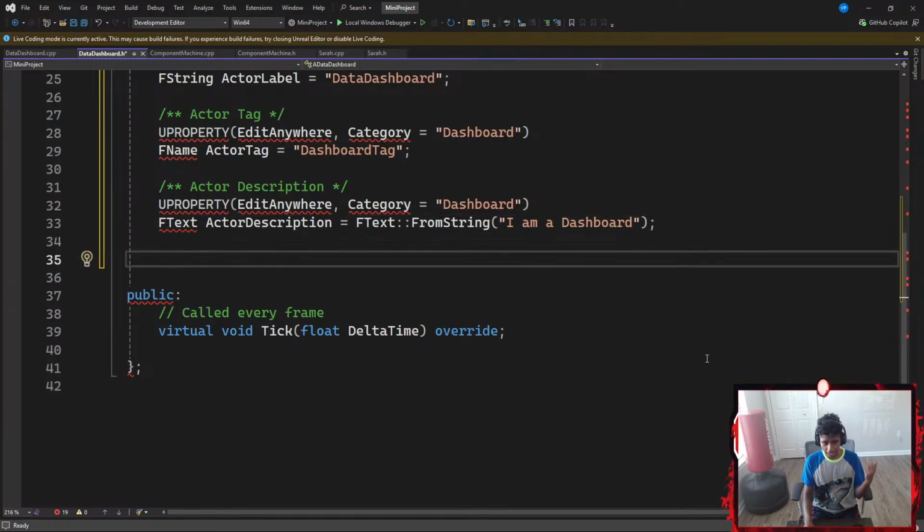Okay, once I'm done with that, I'm gonna go ahead and need 3 more variables. These are gonna be pretty easy. A health for my actor, a speed for my actor, and a status check if my actor is online or not. So I'm gonna go ahead and add a triple asterisk comment again.